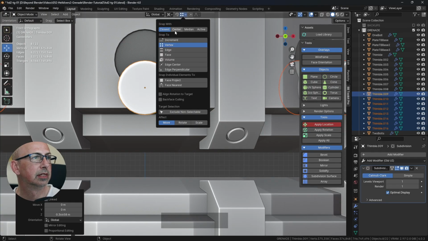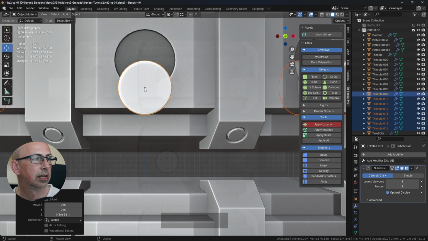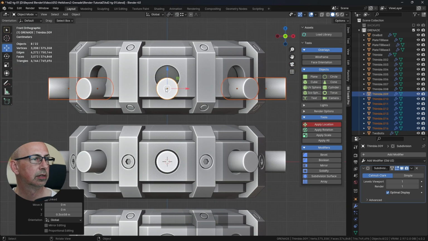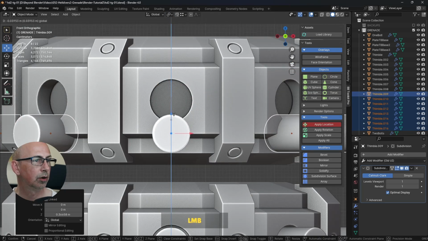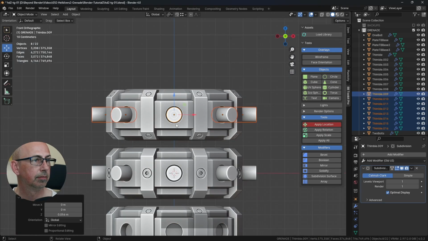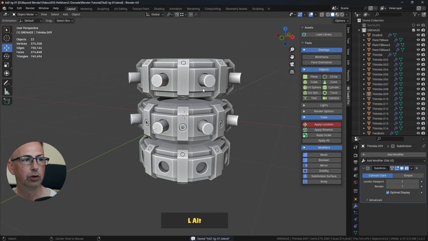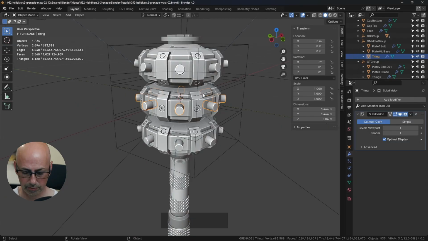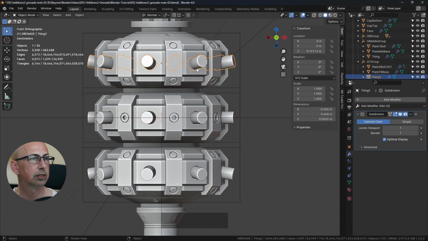We want it to be the center of our selection, which is here. Let's put it on median point because it's there. If I do that now and hold down Control and snap it to there. There we go. So going back to our previous file, remember I said these are slightly tilted outward and then